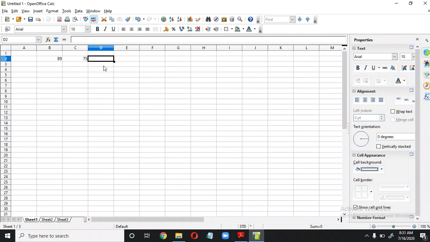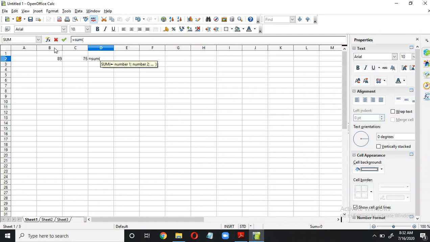So the basic thing, the most important thing which you need to remember, is that every formula in Excel, Calc, spreadsheet starts with an equal to sign. The first thing which you have to do is just write an equal to sign. It shows that a formula is started. Then you have to use a function. For addition you will be writing sum, then bracket, and you have to write number 1 and number 2.